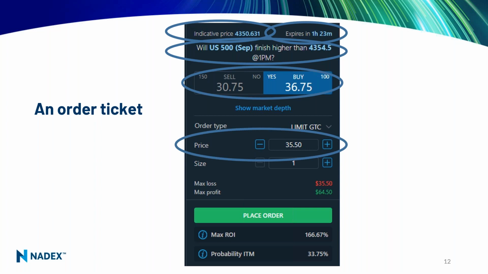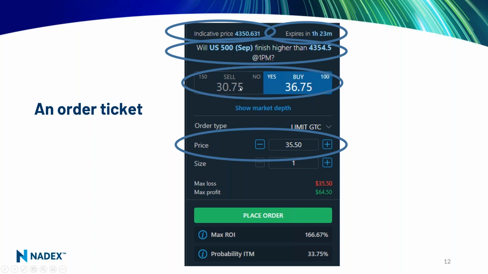Now, what's interesting, you will see a market on, there will be a bid and an ask, the price you could buy it for and the price you could sell it for, but you don't have to try to trade on those prices. If I wanted to put an order in between the market, you're allowed to do that. Now, does it mean that someone's going to trade with you? Not necessarily. If I were to put a bid, and you can see since we are blue here right now, I'm trying to buy, and I'm trying to buy one for 35.50, that is between the bid-ask spread, I can put this bid in to try to buy one.